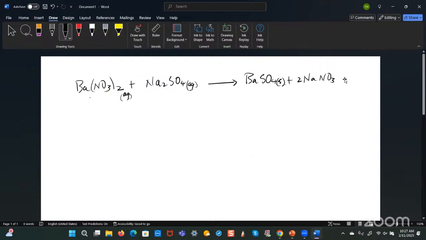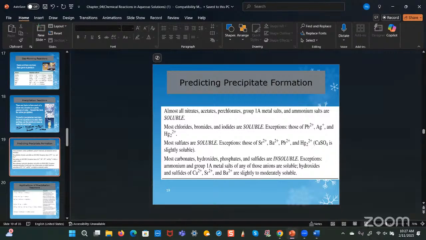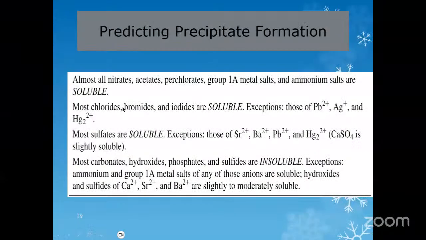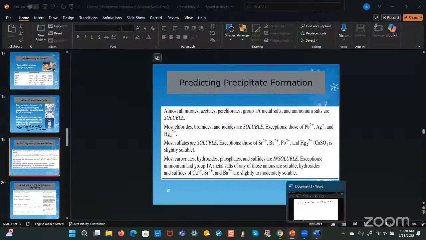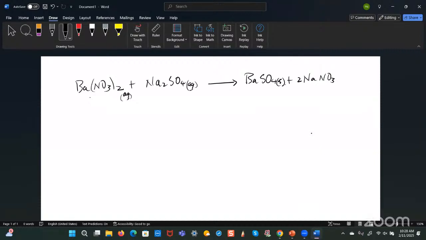We have to also figure out, based on the chart, if sodium nitrate is soluble in water. So we go back to the chart. And what does the chart say? The chart says that almost all nitrates and group 1A metal salts are soluble, right? And sodium nitrate fits into those two categories. So therefore, beside sodium nitrate we'll put AQ, which means that it's dissolved in water, right? Which is important for us to determine the net ionic equation. So once we determine that, this is the molecular equation,